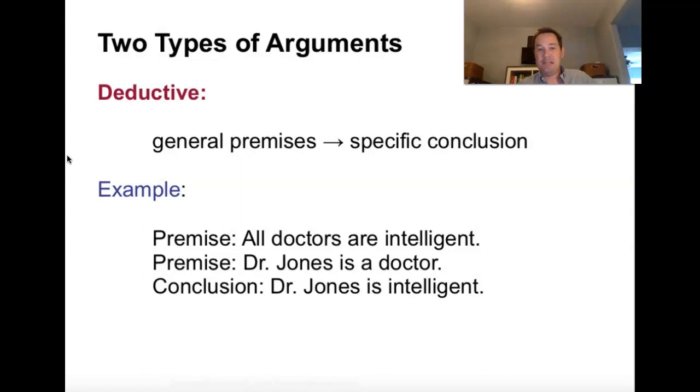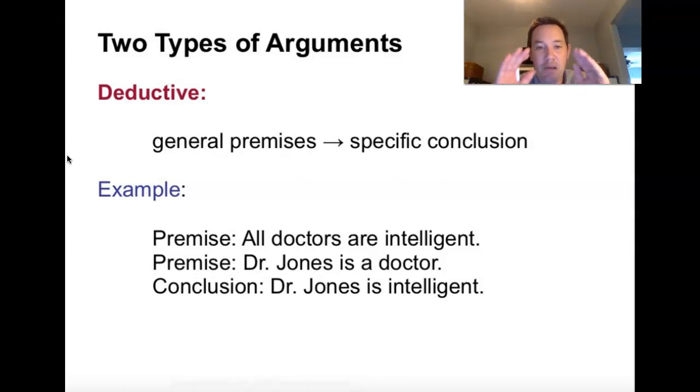The other one is deductive. So deductive reasoning, right? Sherlock Holmes used this type of reasoning quite a bit. And in that case, you're using general premises to support a specific conclusion. It's a much stronger form of argument. But an example would be,